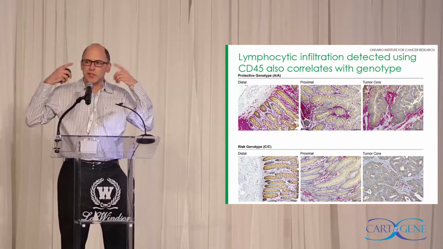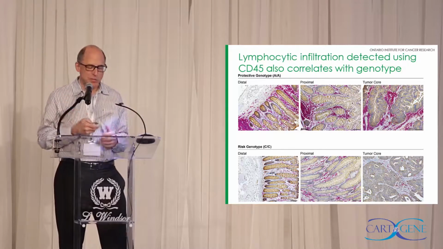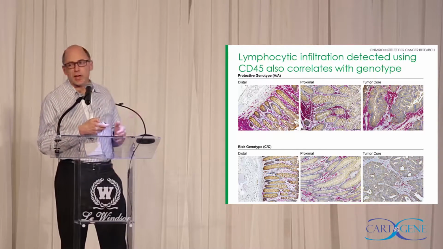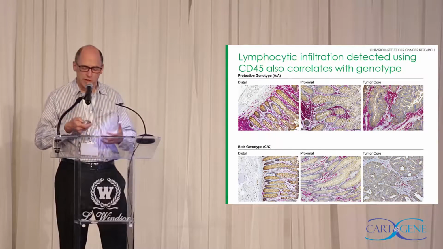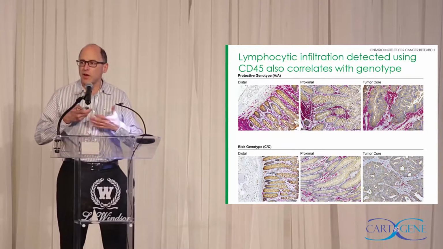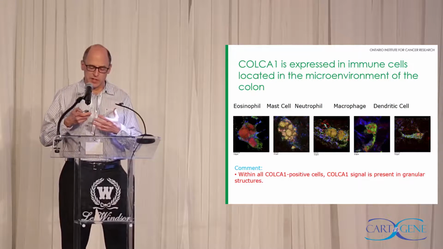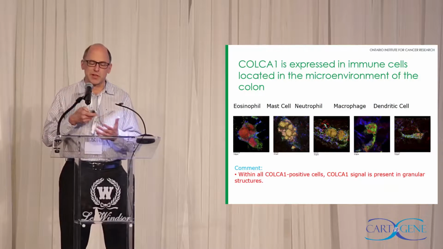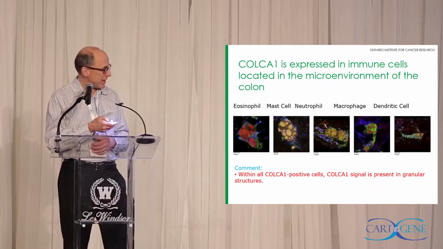Just to make sure it's not just a figment of our association, we might just pick parts of the tumor that we think are important. When you look at large numbers of tumors, you actually see this correlation. So protection correlates with a higher degree of lymphocytes. And that's also something that's been associated: generally, people with colon cancer who have more lymphocytes actually survive longer. So it correlates with some other epidemiological data.